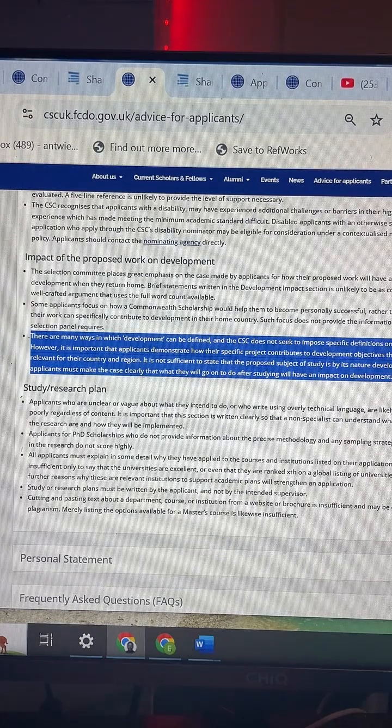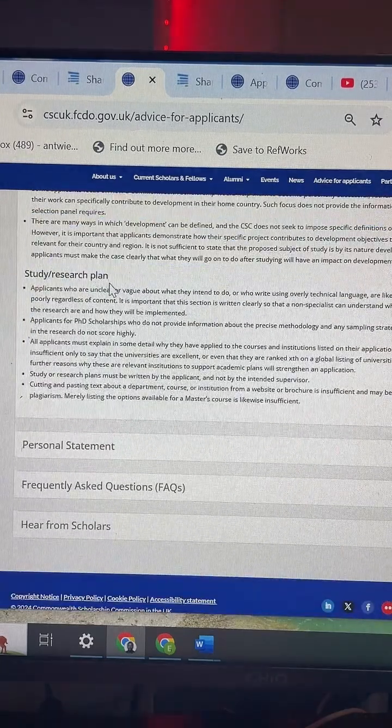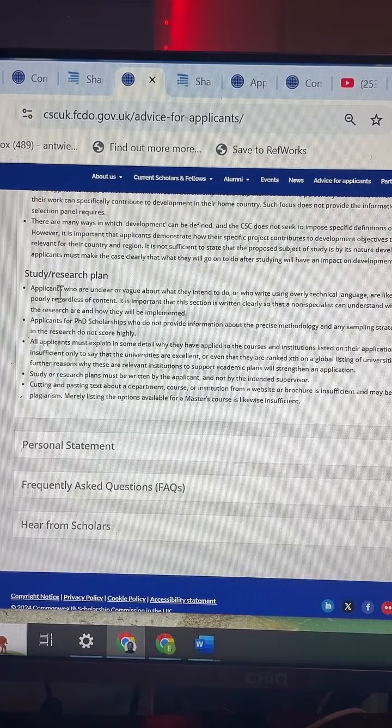So be very specific. I want to do A, B, and C so that this will improve this in my community. That is how we will be writing the essay. And then in terms of the study research plan,